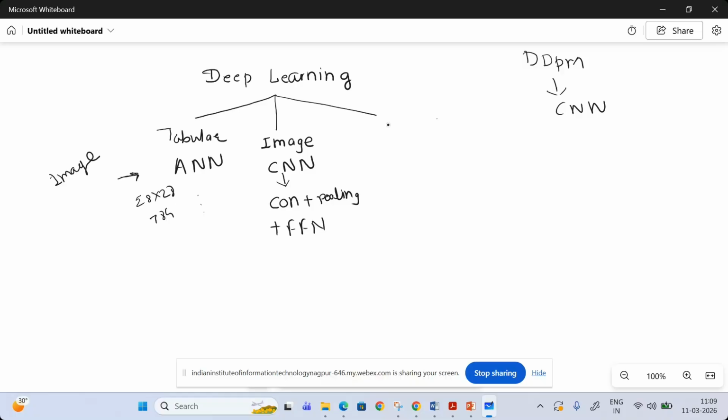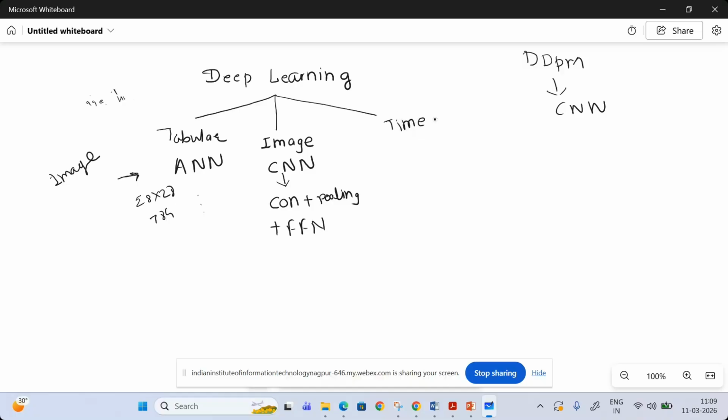Then if we have time series related data, or data where all inputs are dependent on each other. If you have tabular data, like different heart disease data, here hypertension and glucose are not dependent on each other, nor the age of the patient and hypertension. So these inputs are independent of each other. But when we have input data where all inputs are dependent on each other,